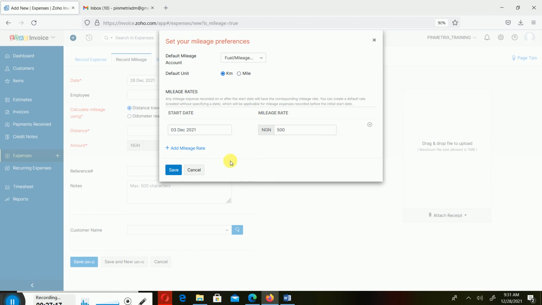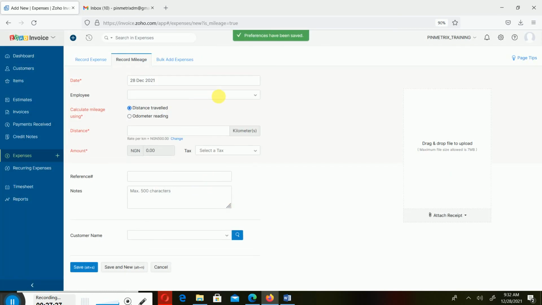Now watch what will happen. So this is more like that exchange rate I talked about, that I told you regarding the date. So if I say save now, so